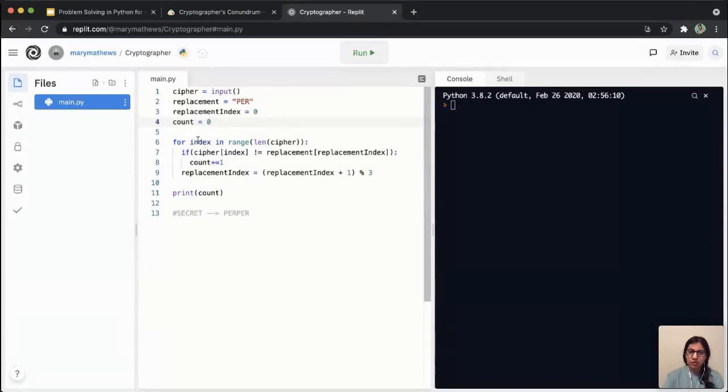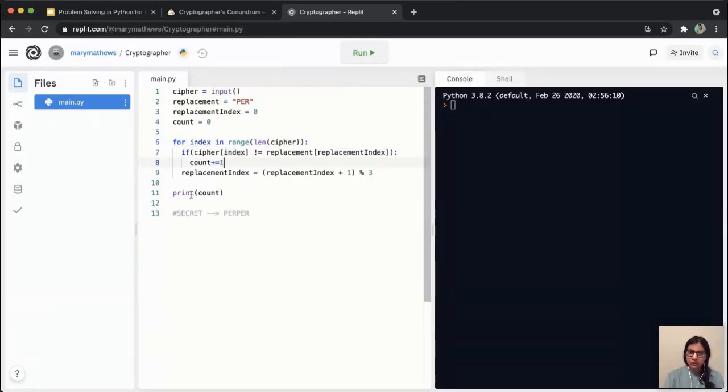Now, for each index in the range, which is the length of this cipher. So let's go from the inside to the outside. Len of cipher will be 6. So this will be range of 6, for this example. And then that will give you value 0, 1, 2, 3, 4, 5. So index will take those values from 0 to 5.